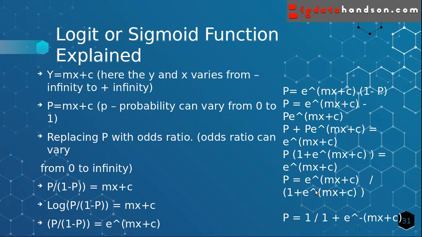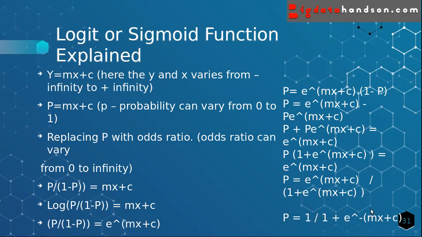Okay, now what we end up with is 1 by 1 plus e power minus mx plus c. So if you see, we have the regression equation mx plus c. But what it is doing is, if you take e power minus mx plus c and divide it by 1, then it is converting